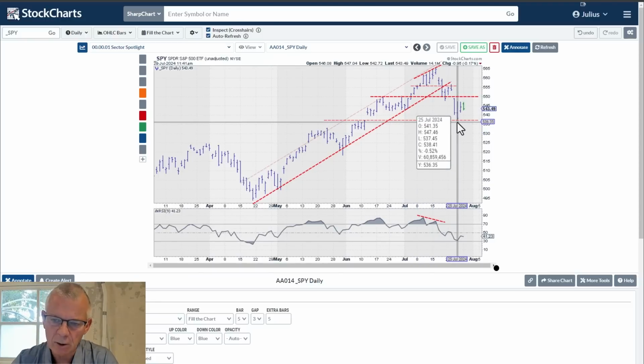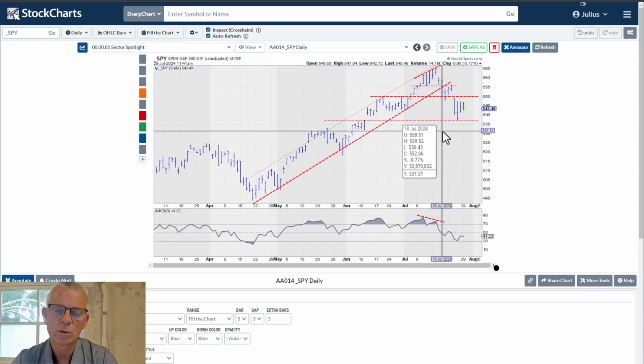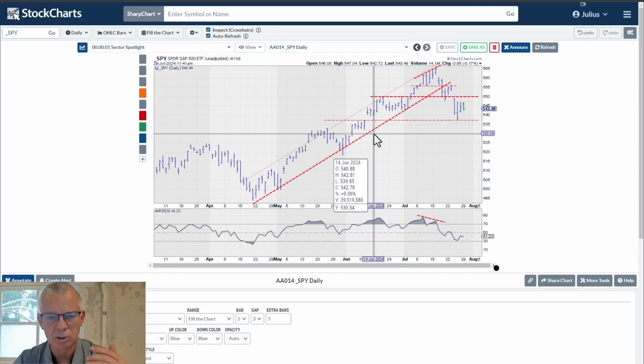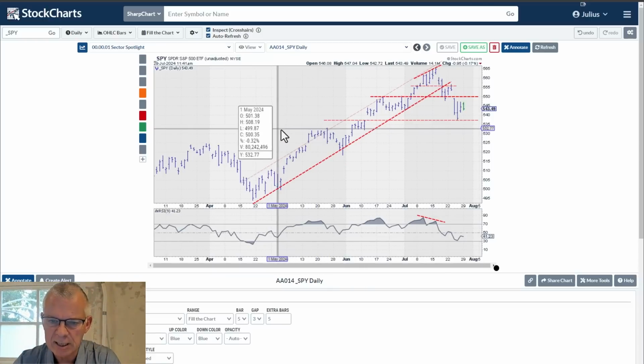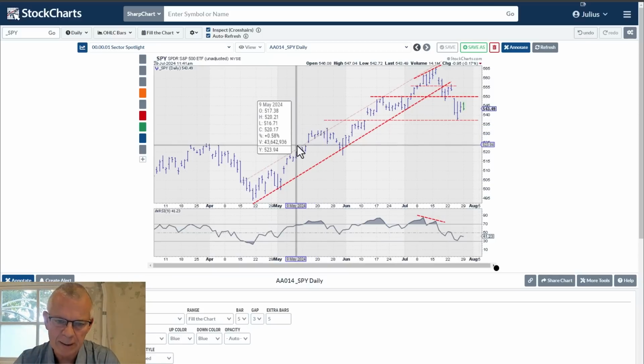If we dip below 537.5, then we will have quite a few support levels to watch on the downside. What I'm doing is looking at previous highs and lows. They're usually pretty reliable support areas, especially when they line up. You get a cluster of previous highs and lows, and that's usually a pretty good support area. I see that happening here, around 532. And I see it happening again here in the 524, let's say 525 area.